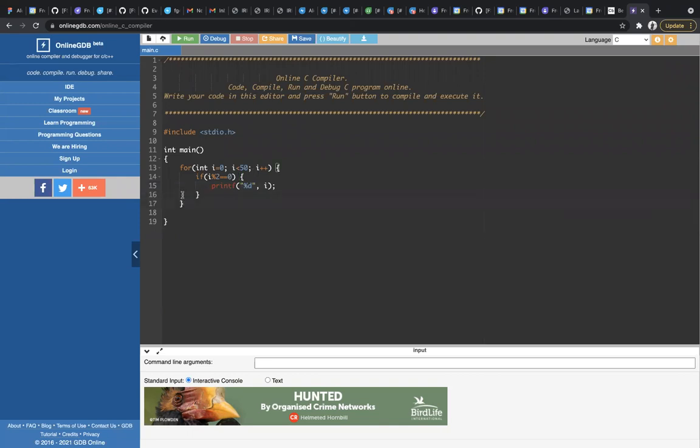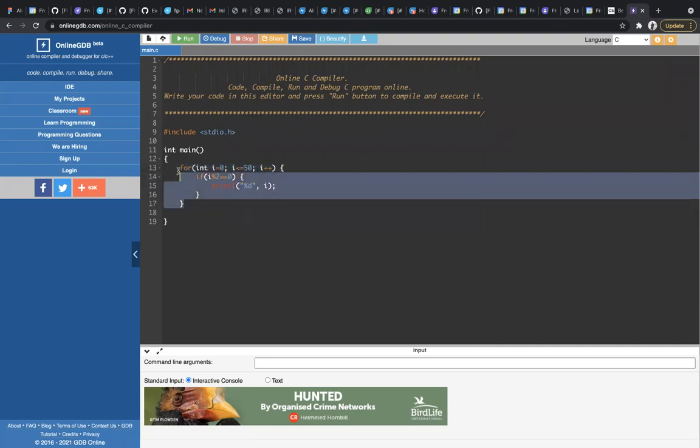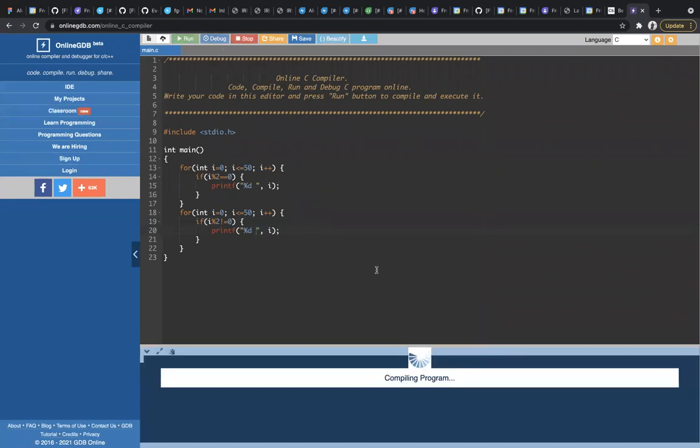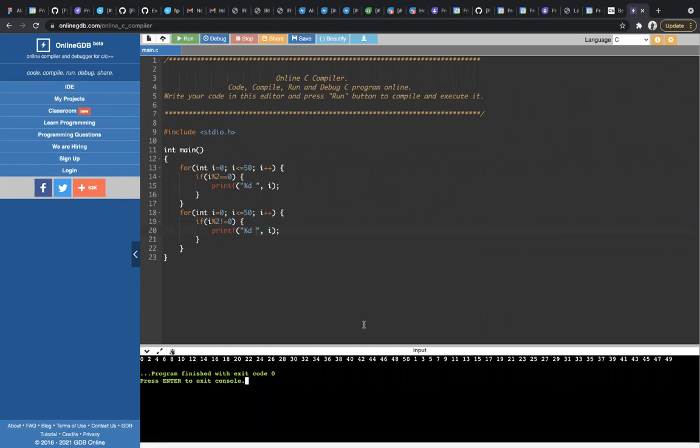Now what I will do, I will print all the odd numbers. So I'll have another for loop, the same thing, but now the condition should be not equal to 0. So this will give me the odd numbers, and I will print all the odd numbers. So this is how my normal logic will be, to print all the even numbers at a stretch, then all the odd numbers. When I run this program, first it prints from 0 to 50. Then it prints from 1 to 49, which are the odd numbers.